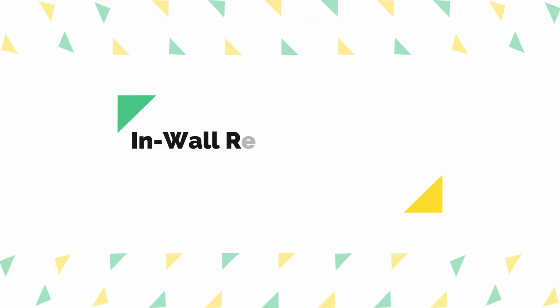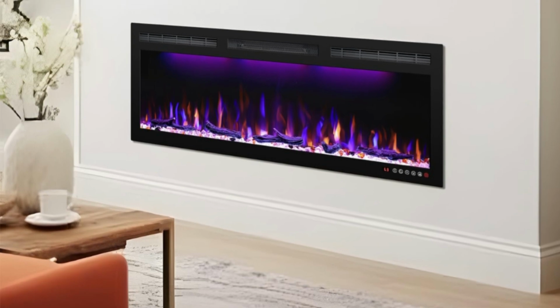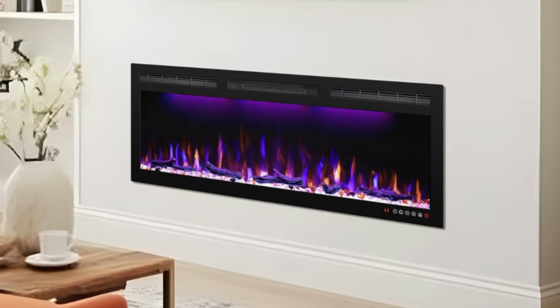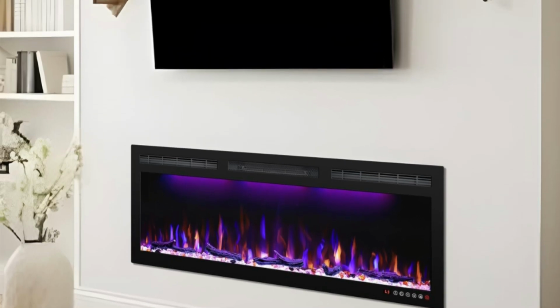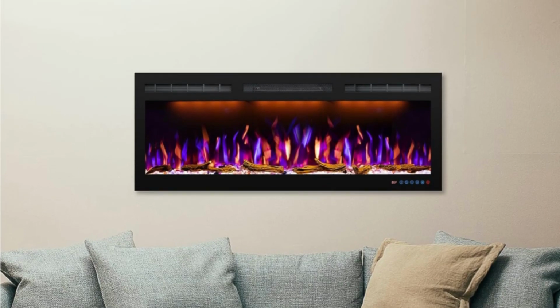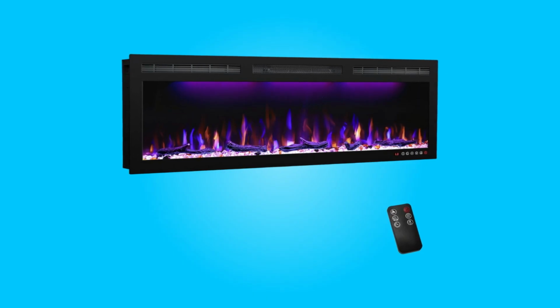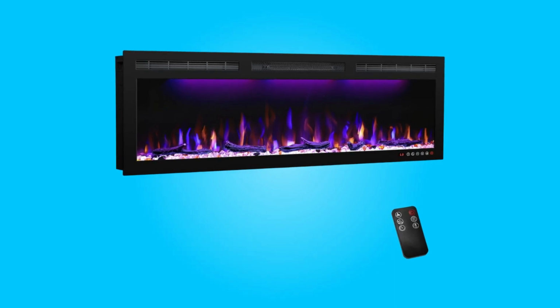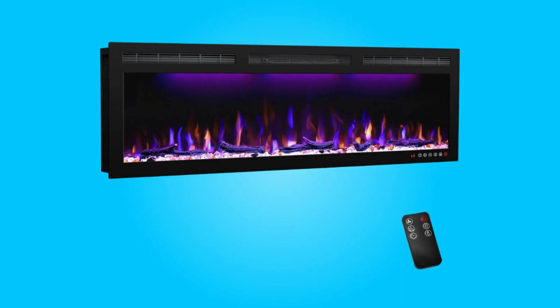Number 2. In-wall recessed and wall-mounted flexibility. One notable feature of this electric fireplace is its installation flexibility. It can be recessed into the wall, giving it a seamless and built-in appearance that saves space and adds sophistication to your living space. Alternatively, it can be wall-mounted, allowing homeowners to choose the installation method that suits their preferences